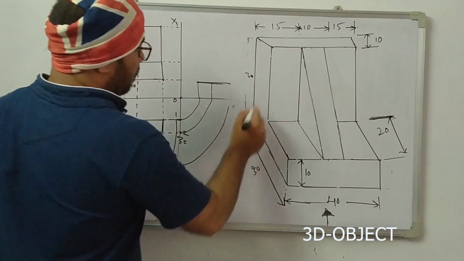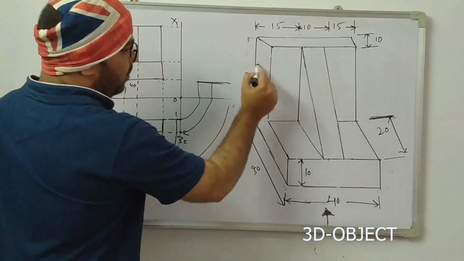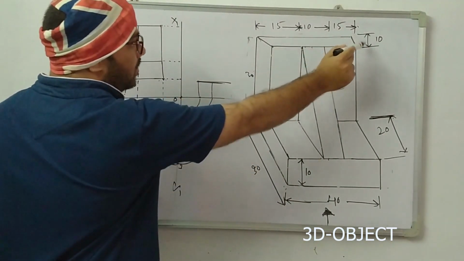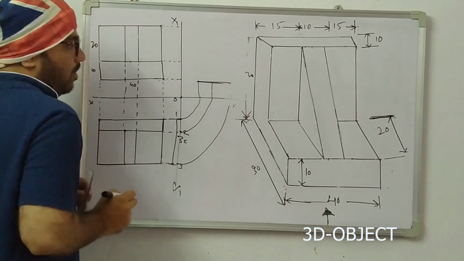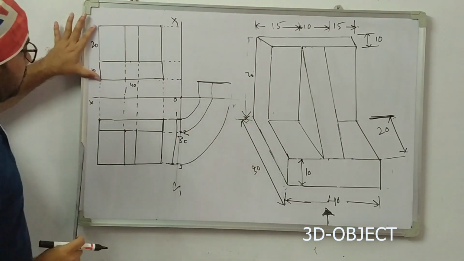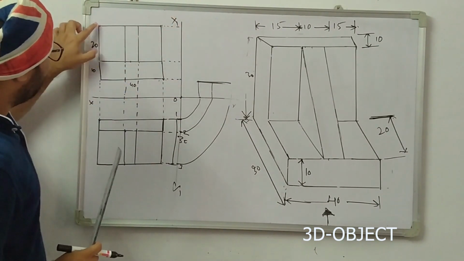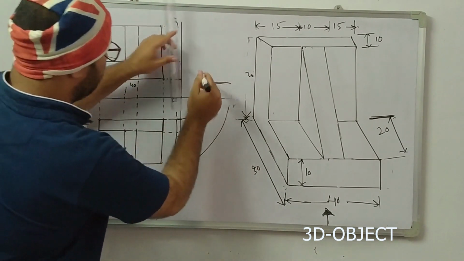So what is this length? This length should be 10 mm. This is the 10. The same we will transfer here also. Whatever the length is, the same will be transferred here. So what is this total height? The total height will be 30, as mentioned. The same 30 is shifting here with the help of the projection system. So if this is 30, this will be 30.